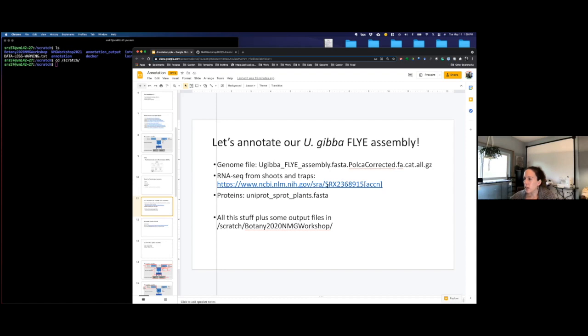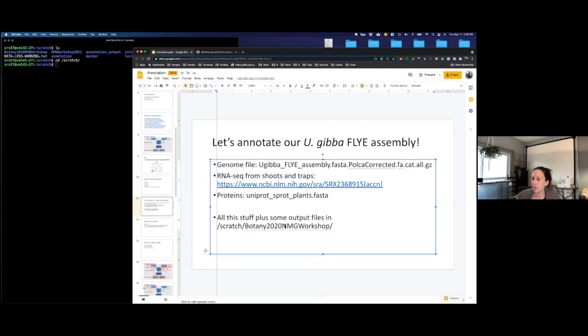And then there's some data in the SRA that we've already gathered up for you to do the annotation. And then we have proteins from UniProt plant. So these are curated proteins, and we'll use those with Maker to help improve the annotation. And hopefully, if your copying went okay at the beginning of the workshop today, all of this stuff is here